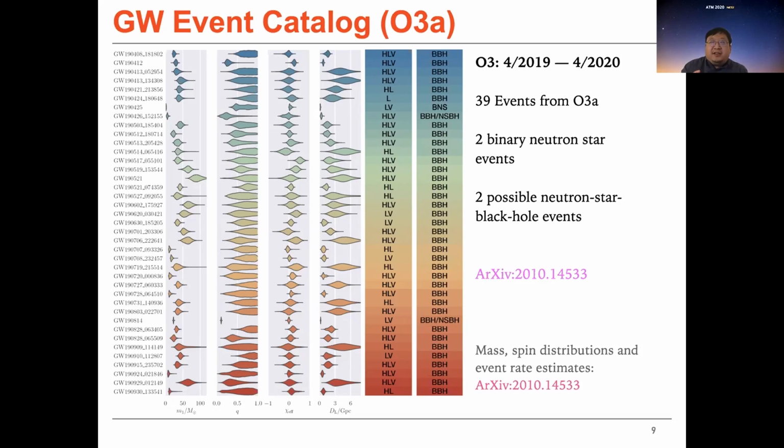But later on, Jim Fuller et al. explained the low spin due to processes during the birth of these black holes, during the collapse process. The magnetic field can transfer angular momentum out, and therefore maybe it is natural for collapse to form black holes which are slowly spinning. So this is the kind of population information.